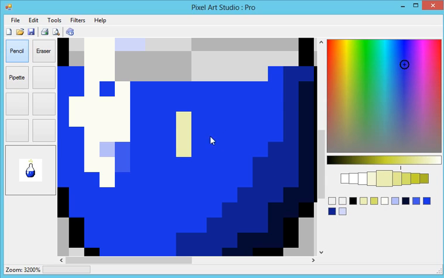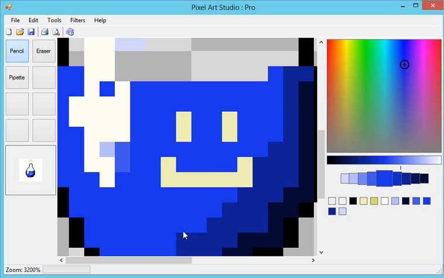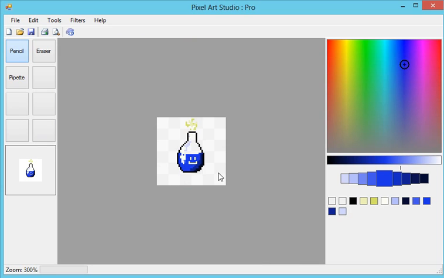So let's draw a little face on our bottle. And obviously maybe that's a little bit too close. We can just switch back to that blue and get rid of those. But that's just to show you guys the